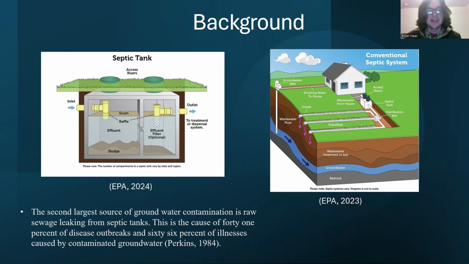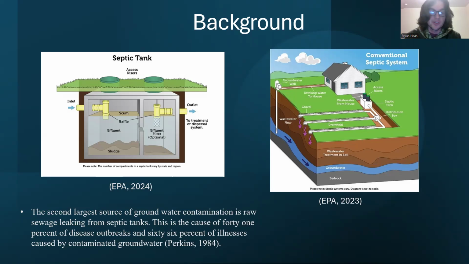And then the second figure shows the drainage field, which is where any effluent reaches the liquid. And the gravel there in that diagram is designed to further filter the effluent to a point where it can reach the soil to be even more filtered to a point where it is clean enough to reach the groundwater.